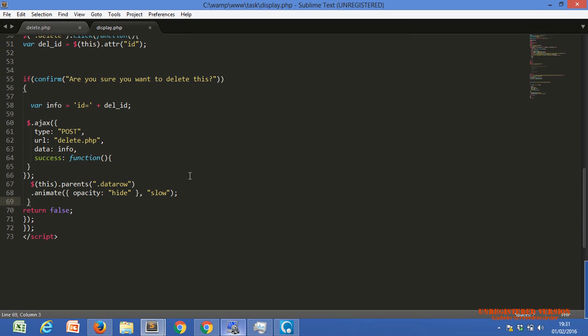Yeah, hide and show was in the starting of our session, but in the end of our session, I will describe what we have to do and how we will do that with the help of this code. I already described these three methods of Ajax. I will repeat these three methods of Ajax and why we use them for hiding that particular table row.